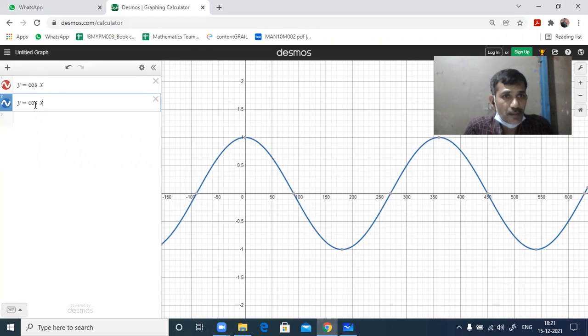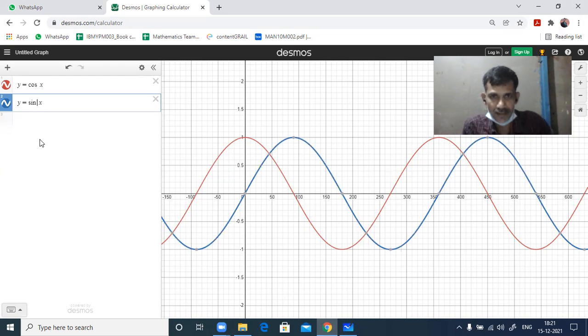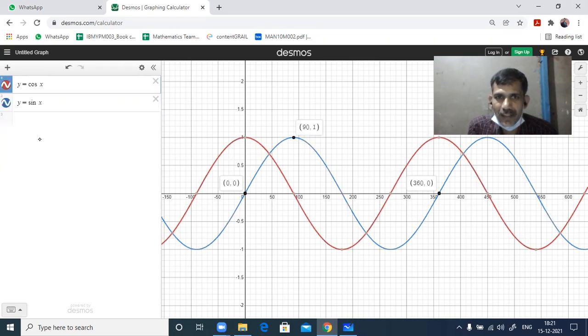Here, see, the sine x graph we have discussed earlier in last videos. How it will be like this, see, the blue line. It passes through the origin, okay, and it has a period of 360. See this cos x, our red color curve, how it is. It is just a translation. How much translation? See here, 90, where we are getting the y coordinate 0 degrees. So 90 is reduced. So it is translated 90 degrees to the left.